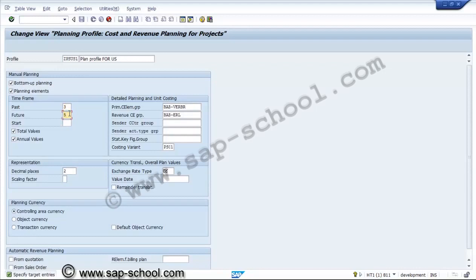And here this is the time frame. It specifies how far into the past we can plan our budget for. The start year is the reference point, and for the future also same, how far into the future we can plan our budget for. The start year is the reference point. So 3 years past and 5 years future we are considering over here, and we are using the total values